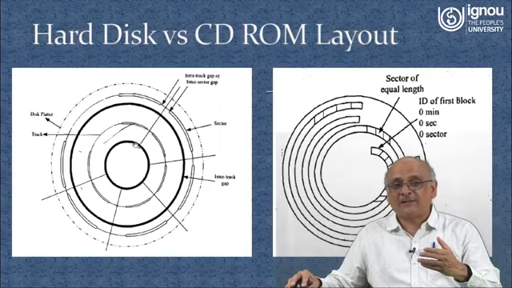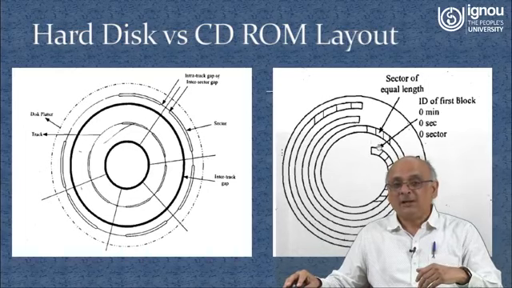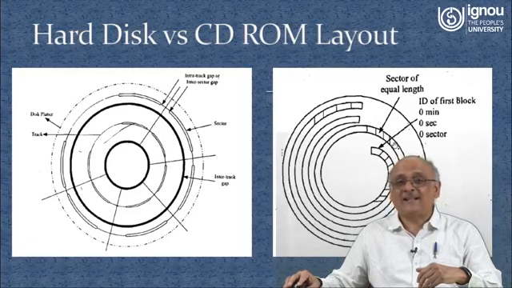In this particular case, the track number is directly available, track number followed by the latency, the sector. So this is where I'll be adjusting the speed and then reading it. That means CD-ROMs are going to be definitely slower than hard disks. So this is another way where you can store data, that is CD-ROM.